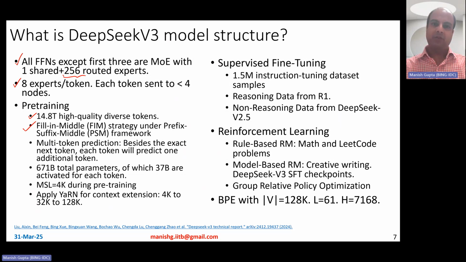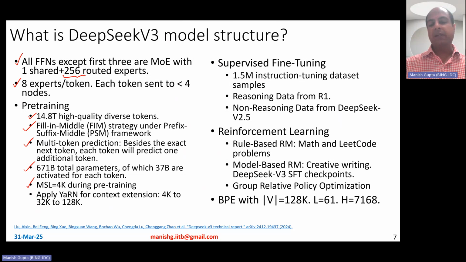Of course, they still do the next token prediction in that sense, but they do the next token, which is basically the middle part, which was basically kept at the end. They do multi-token prediction, of course, as we discussed, but besides the exact next token, they actually also predict the next to next token. So they do only one multi-token prediction in that sense, which is next and next to next. That's it. Overall, the model size is 671 billion parameters, of which 37 billion parameters are activated for each